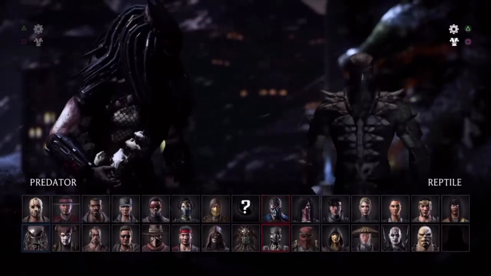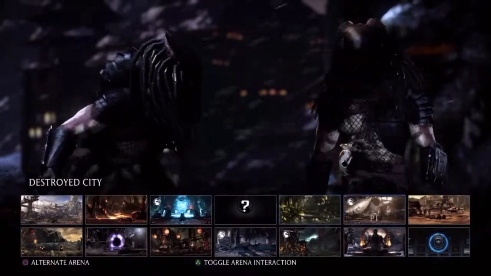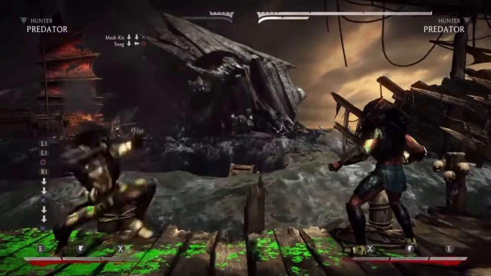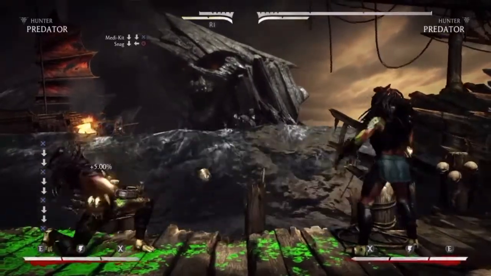Now, the second variation that we will be showing off is his Hunter variation. This is what most people like to use if they're going against spammers or just want to use one of the best brutalities. He only has 2 different special attacks, which is the medkit, which